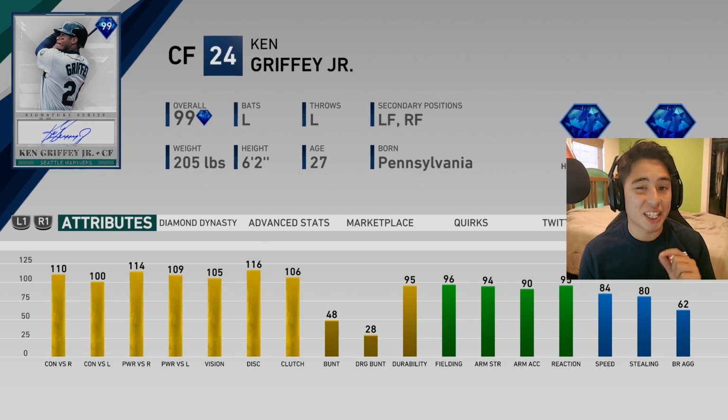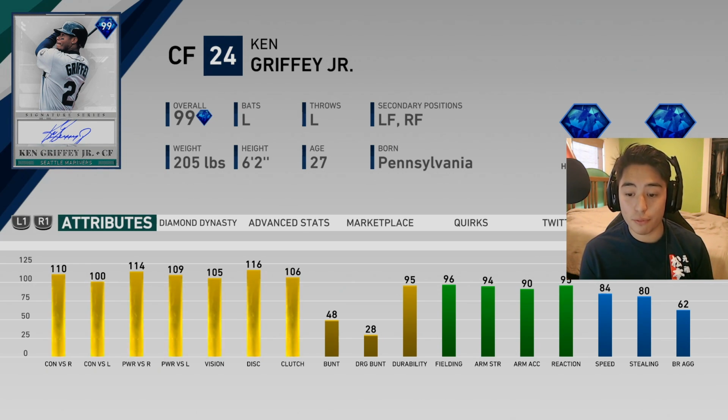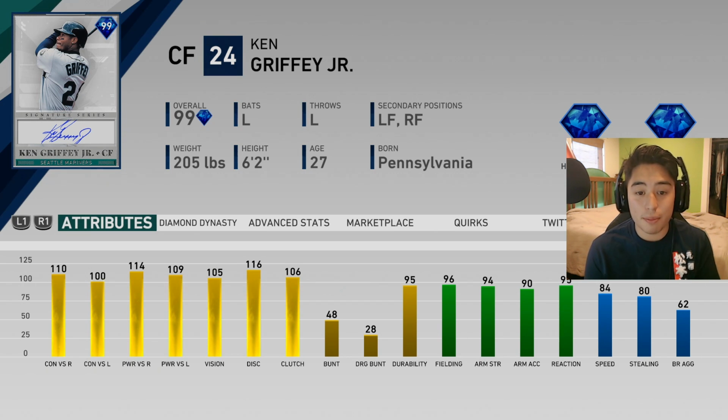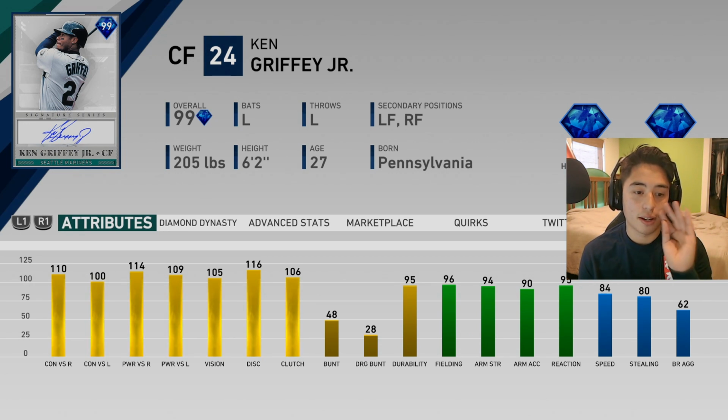His animations get a little better. He's still a dummy. He still does really dumb stuff. You look at those fielding attributes, man, he really shouldn't have an issue. He has a 95 reaction, 94 arm strength. I mean, why? Why is he like this? God, I wish I had a highlight that I could just put in right here to show you how bad of a fielder he is sometimes, but